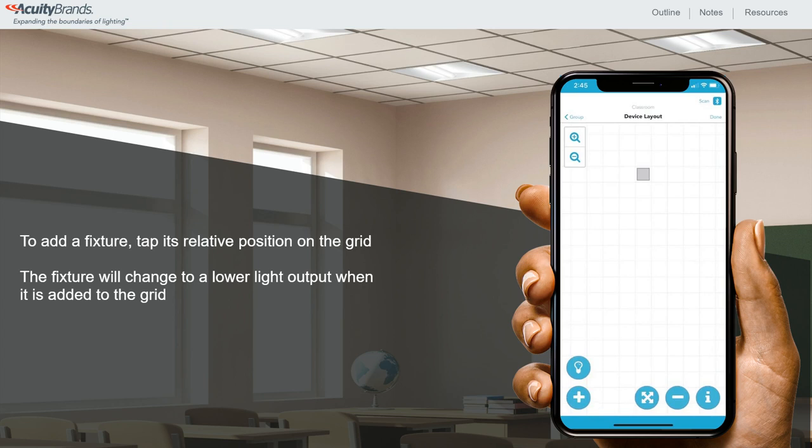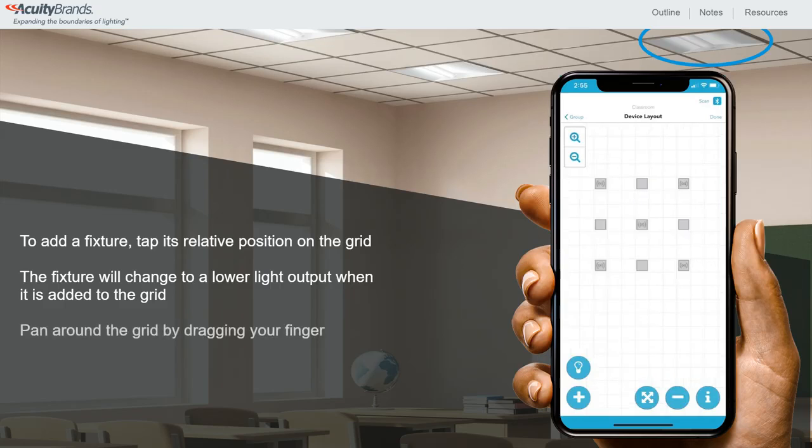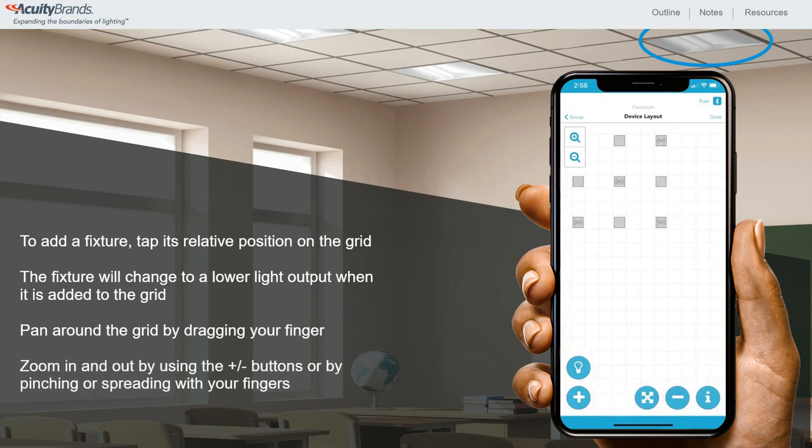Once the fixture is added to your grid, you'll see that the actual light level of the fixture changed to a lower light level. Repeat this process until all fixtures have been identified and added to the grid. You can pan around the grid by dragging your finger across. You may also zoom in and out by using the plus/minus buttons or by pinching or spreading with your fingers